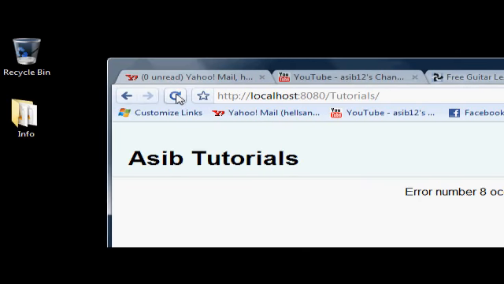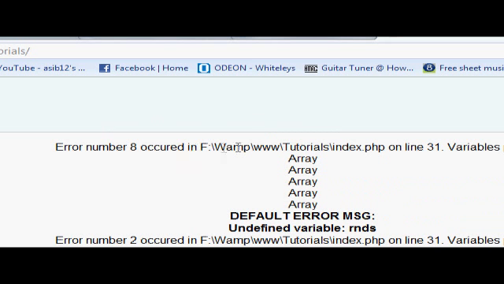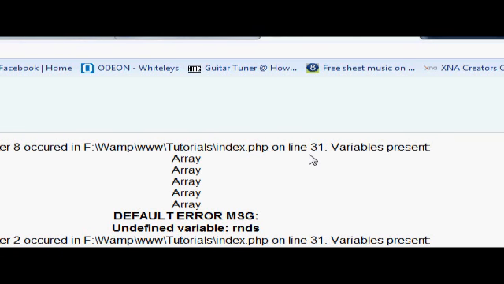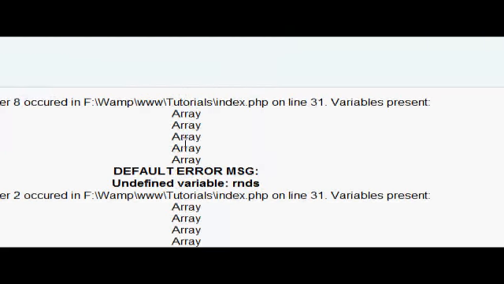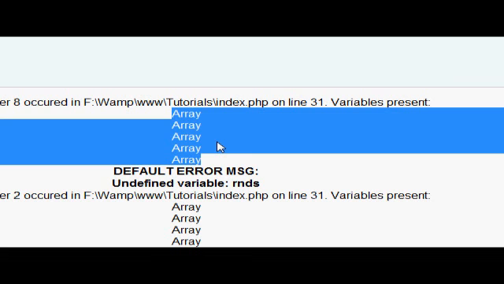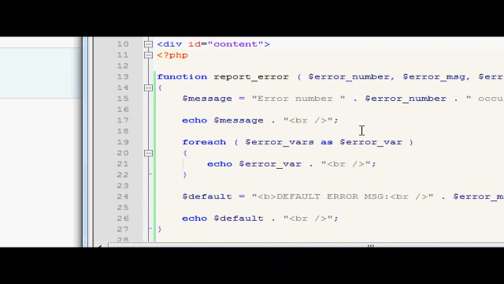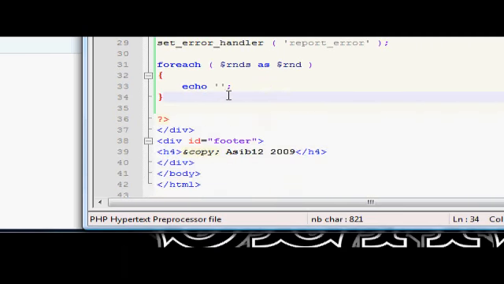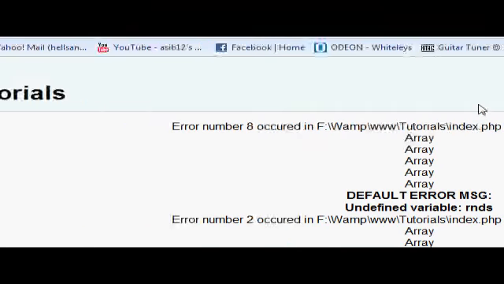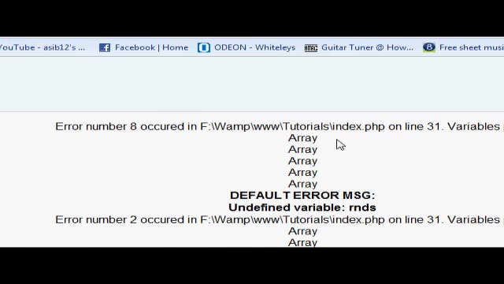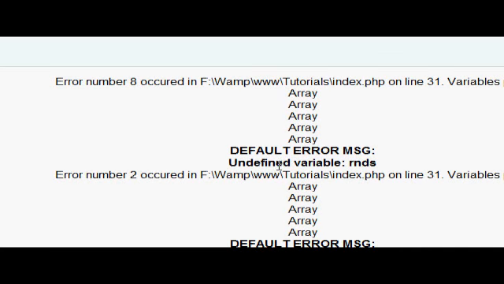Here it is. Refresh this. Okay, we get error number 8 occurred and blah blah blah, the full path to it, on line 31, the variable present, array. There, I got the right number that time. So error number 8, I'm going to check that quickly. That's a notice. That's all that is. And it's outputting 5 array objects. I don't know why it's outputting 5, but the good thing is it's outputting the string array, because obviously when the error was thrown, I was trying to loop through an array, so the fact that it's outputting array is a good sign. And then the default error message is just undefined variable,